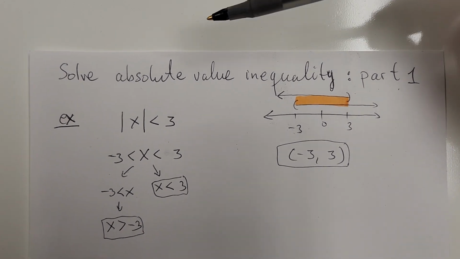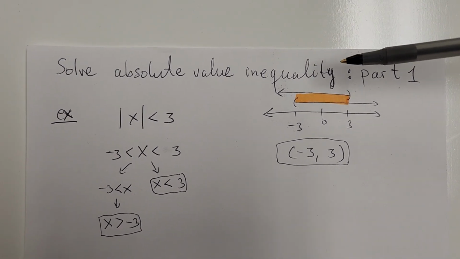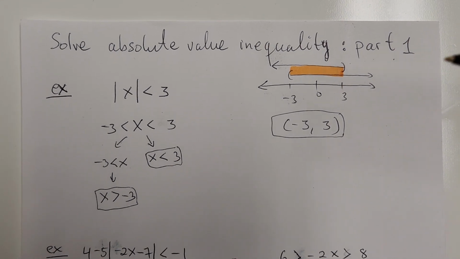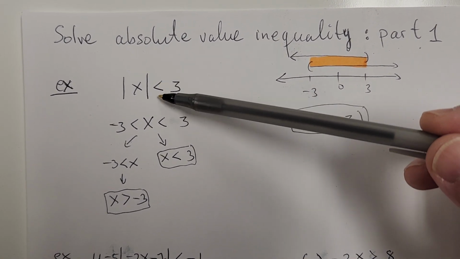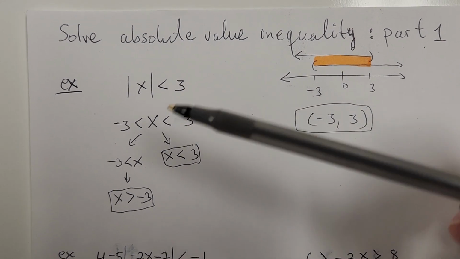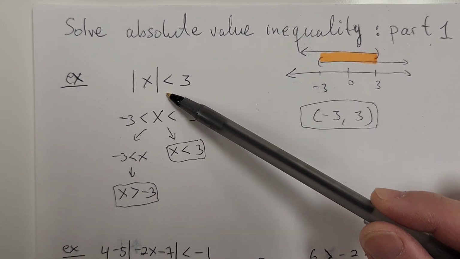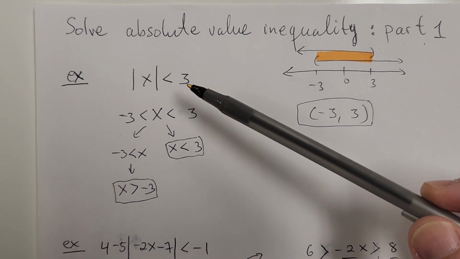This lesson is Solve Absolute Value Inequality Part 1. Here I have an example with absolute value of x less than 3. Before you can drop the absolute value,